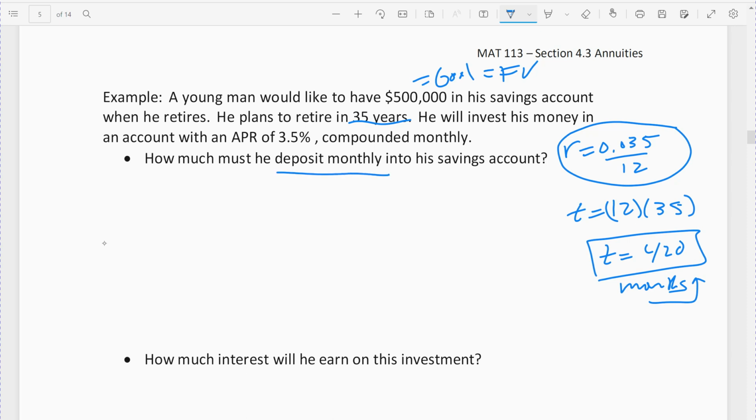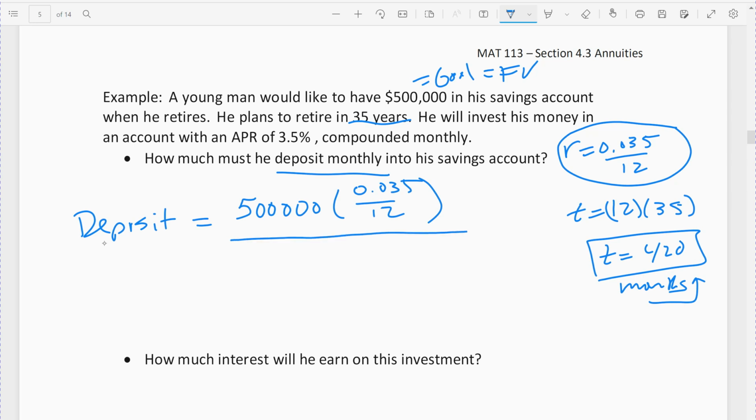All right, so this is the other formula. This is when we want to figure out the monthly deposit. His goal, the future value, times R, which is 0.035 divided by 12. You have to leave that exact, so if it doesn't give you a nice decimal, you have to leave it exactly as the fraction. Divide by, we need two sets of parentheses, the big set and then the little set. The big set is going to be around the subtraction, the little set around the addition. So 1 plus the R